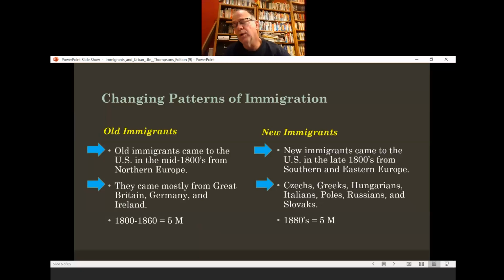So this is a really large influx of people coming in, and they came in from Southern and Eastern Europe. They were folks like the Slovaks and the Russians, the Czechs, the Greeks, the Italians, in large part, Hungarians, also Jewish folks. They're coming in as new immigrants. Remember, you need to write this down for your notes and study. I'm going to let you pause as you see fit. Again, in class, of course, I'm spending much more time allowing everybody to write. I won't do that during the presentations today.